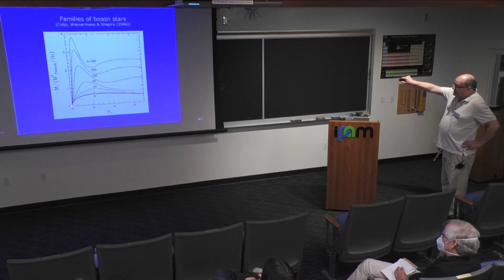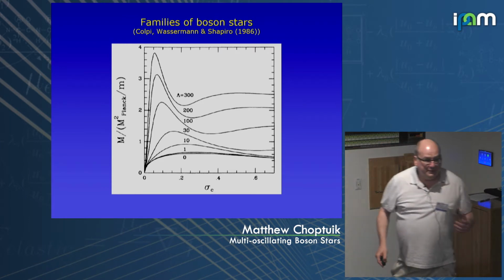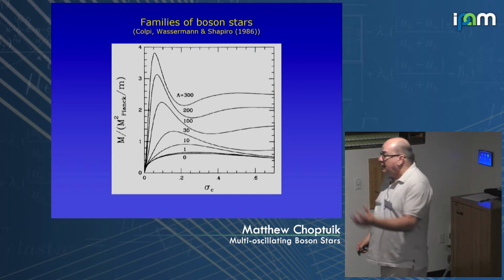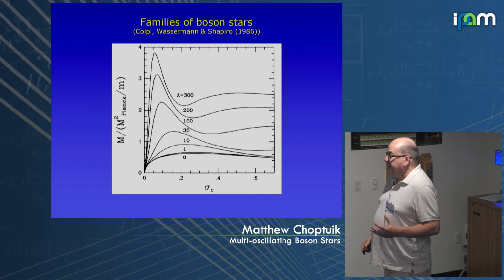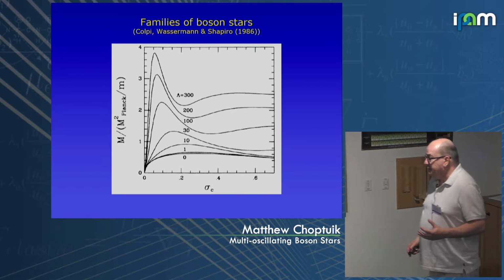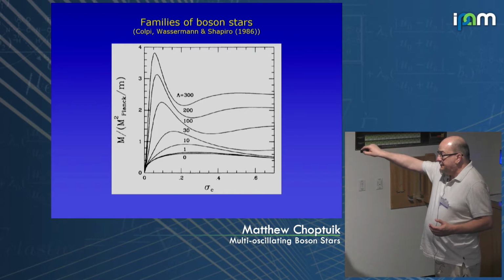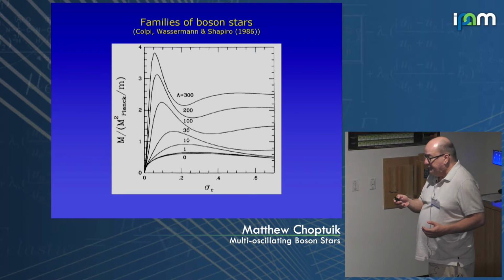And so here's the so-called mini boson star branch for lambda equal to 0. So you've only got a mass term. And all these curves have a maximum at some point where there's a turning point and a change in stability, where the boson stars go from being stable to unstable. There's no rigorous results that I'm aware of for the stability, but the stability has been shown in several different ways. And so these turning points in energy do tend to demark the onset of an instability, a dynamical instability.